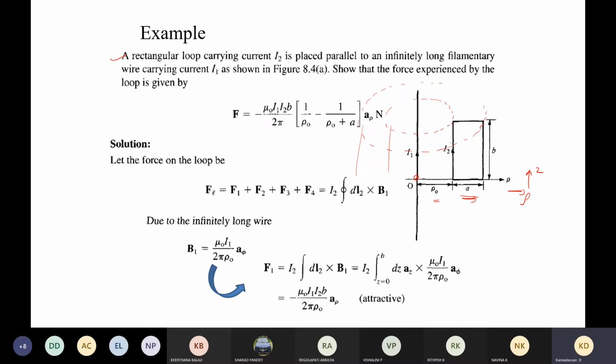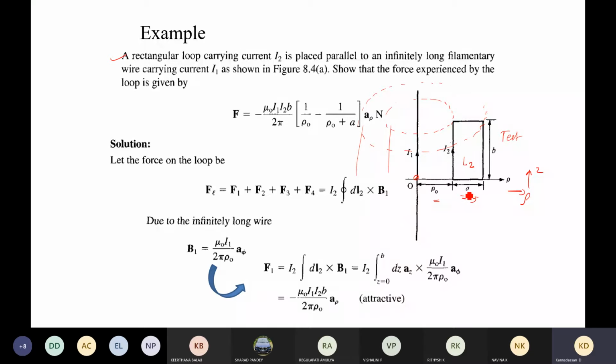There are two cylindrical structures that can be used to represent this loop current I2. I will call this L2, and this is going to be the test loop,